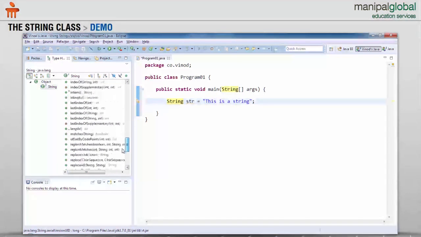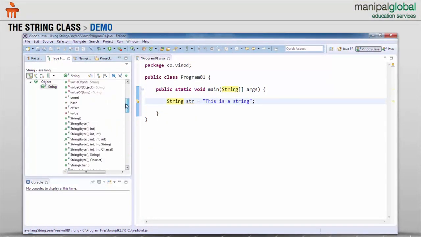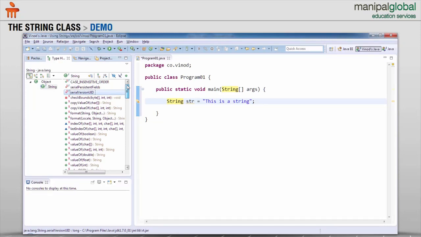And you will also get to know each of the methods, whether they are public or static or final and so on. For example, you can see that there is a S and F. S indicates it is static, F indicates it's a final, red indicates it is private, green indicates it is public. Now you can see that there are plenty of functions and so on, but you can also look for some